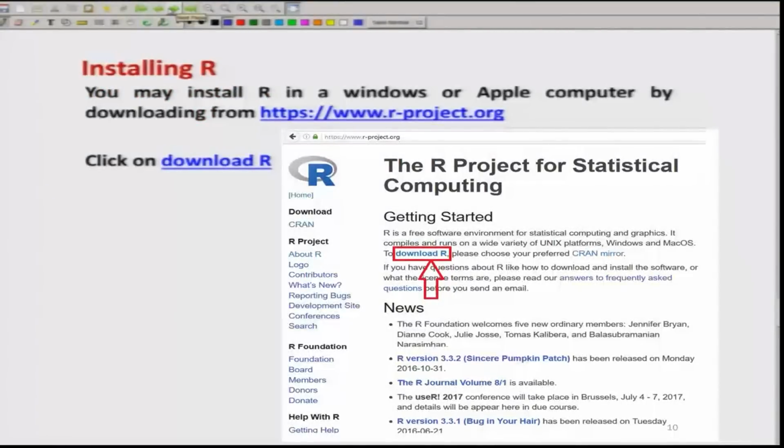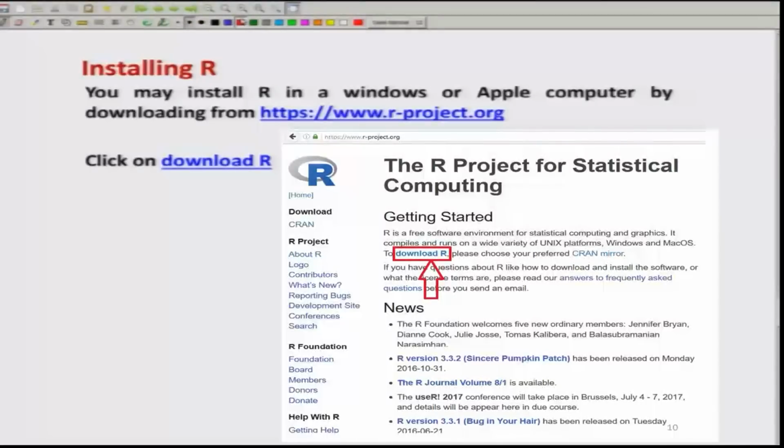The next thing that comes up is how we should get R and how to install it on the computer. Let us try to understand this. This is a very simple thing; if you have a little bit of idea about using the internet, anybody can do it. In order to install R, there is a website. This website is